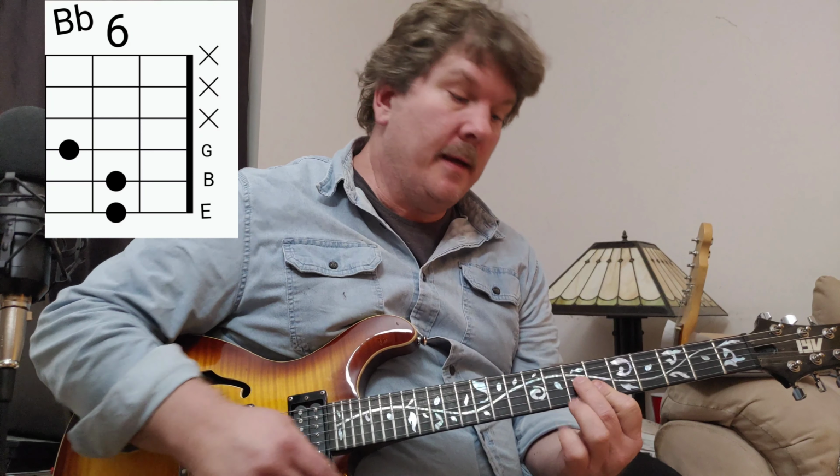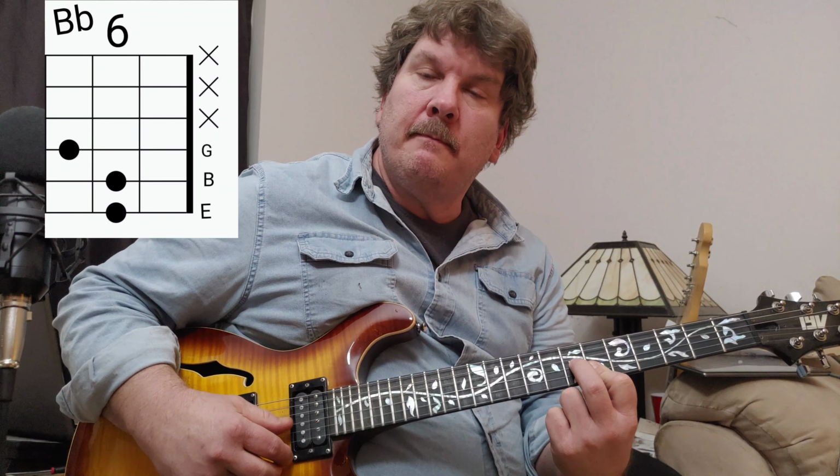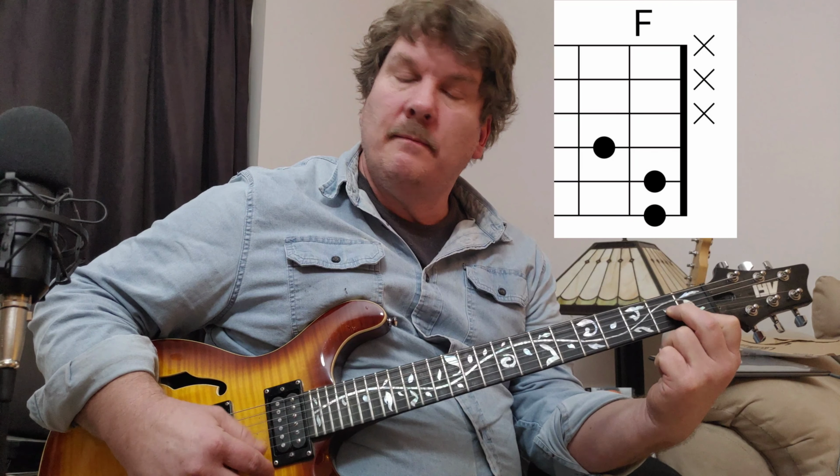And then we go 1, 2, 3, 4 on the 6th fret. This is like an F shape, just on the top 3 strings. And then we go to the actual 1st fret and play the F. And then the only other part is, so